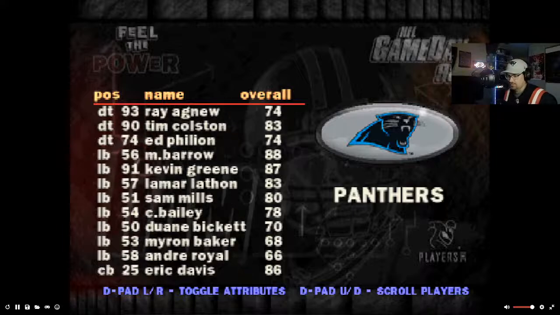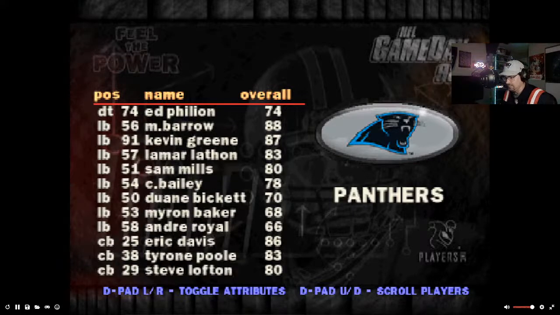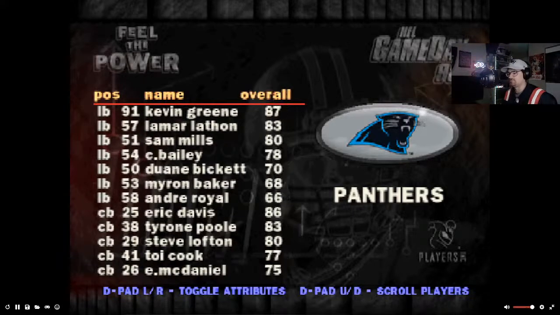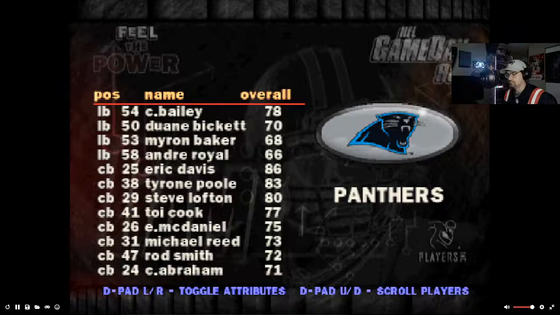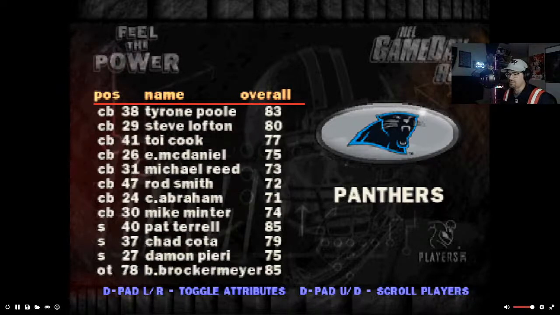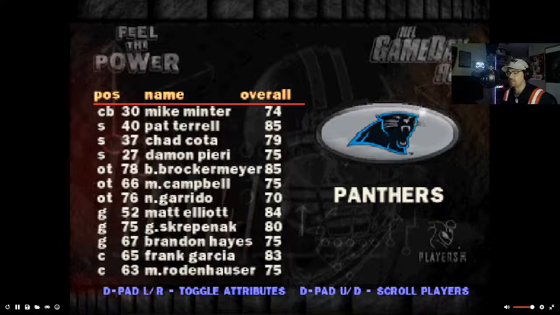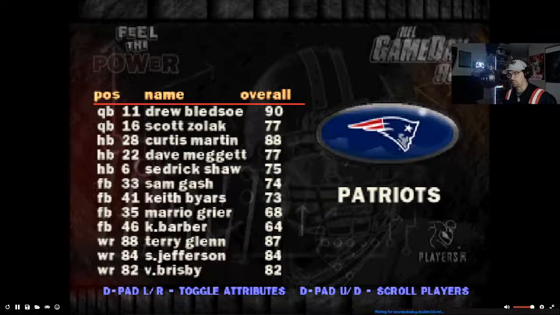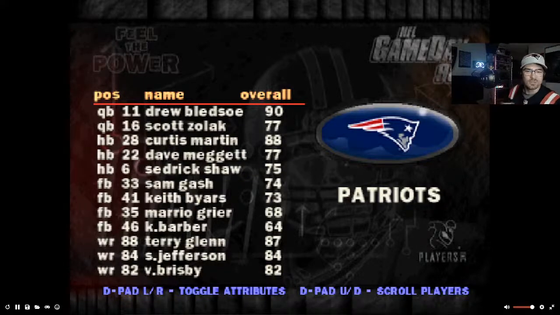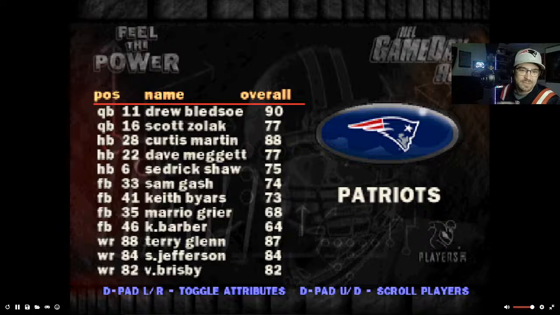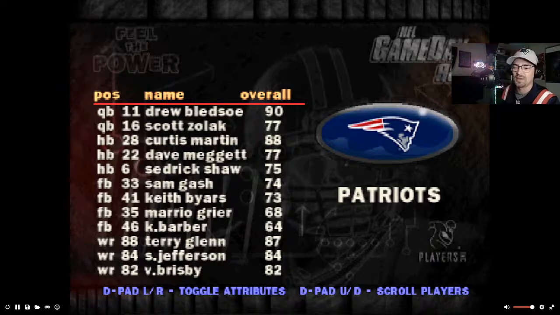So there you go with that one. Let's see here. Not a whole lot of players outside though. Like I said, a 7-9 team isn't going to have too many stars, obviously, unless one of them is a breakout. We go with the Patriots. That's my team. Anyway, so check it out.